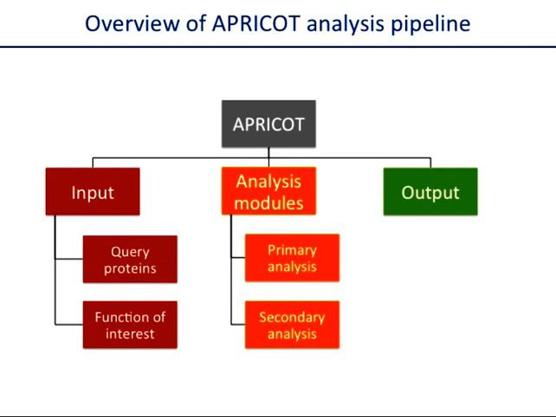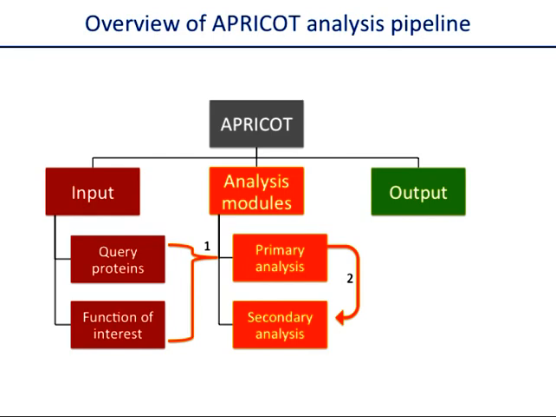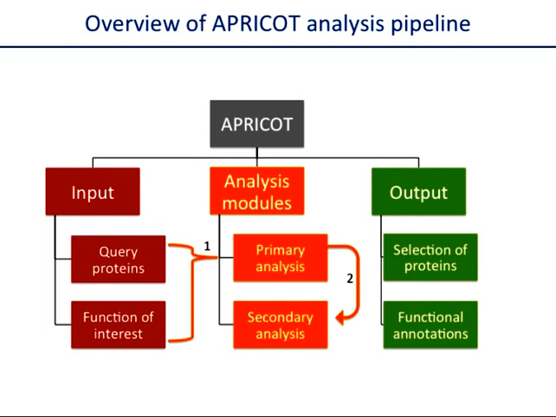The analysis module can in principle be divided into two parts: primary analysis, which includes all the modules required for processing the input by the user, and secondary analysis, which uses the information from the primary analysis. At the end, the user gets a data set which comes out of the analysis, where they can select the proteins of their interest and further annotate them by functional annotations such as tertiary structure, localization, and so on. I will talk more about these modules in detail in later slides, but before we go into that,